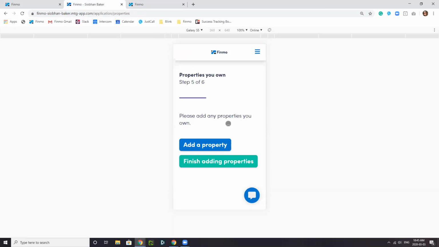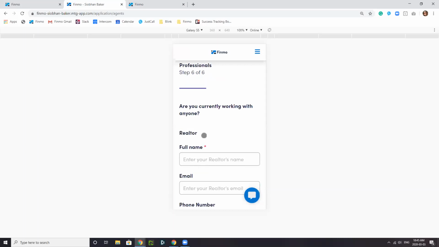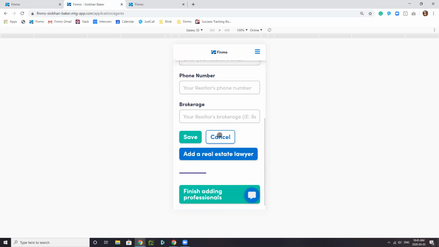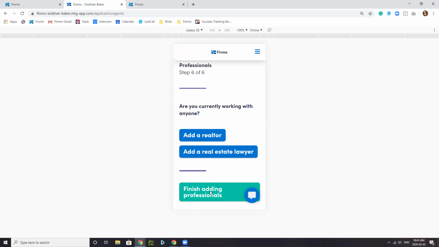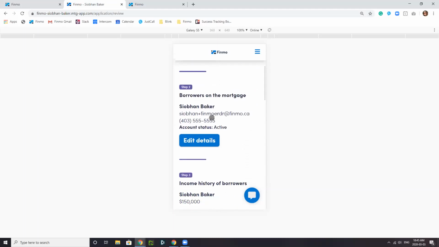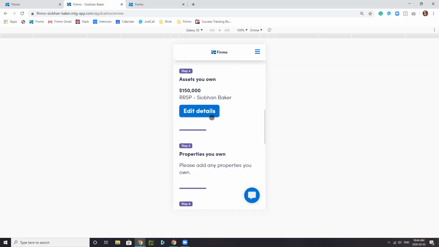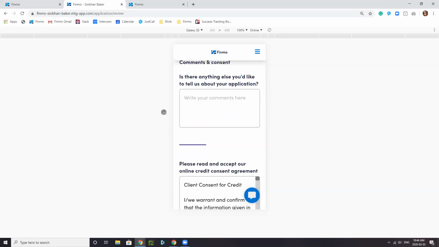So I've started an application as a borrower. I'm adding the properties, I'm going through the application, and I'm adding all the different fields that it's requiring. And so here I'm on the review application. This is the last stage after they've entered in what their borrowing goals are, and who's on the deal, like which borrowers are on the application, their income, etc. So here on the last page,